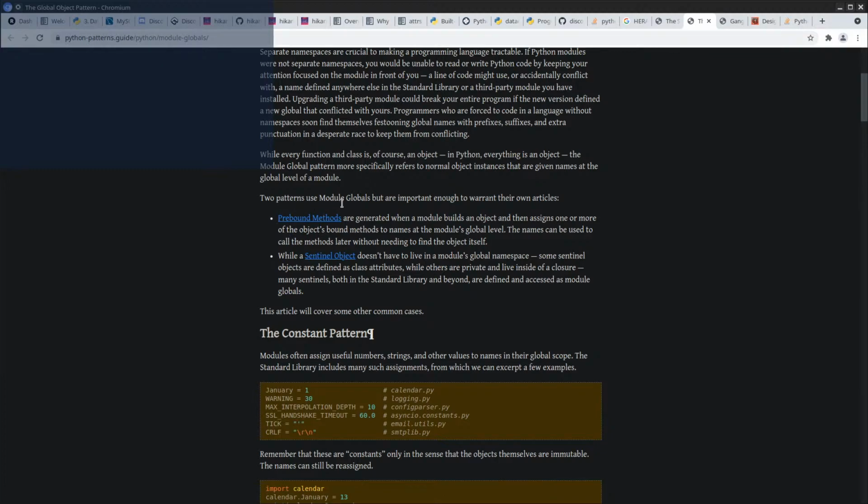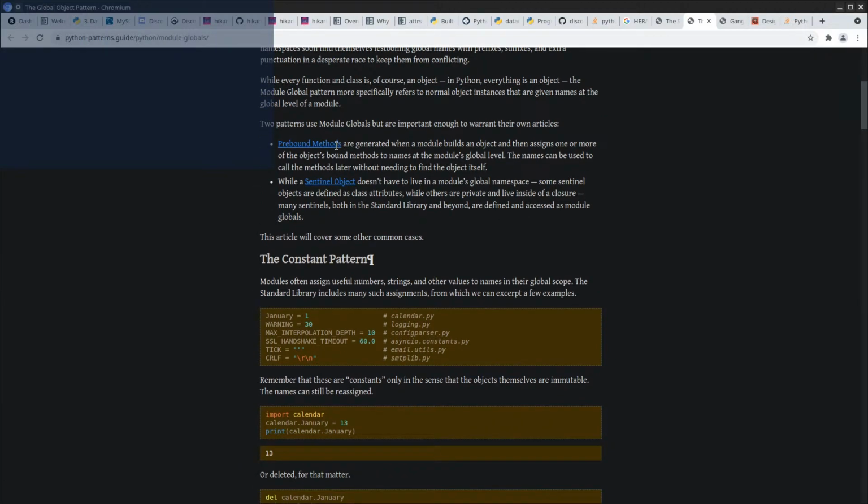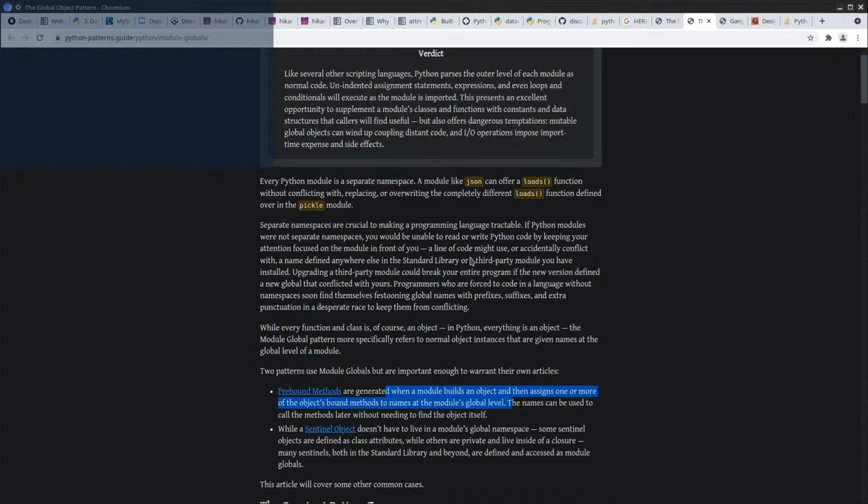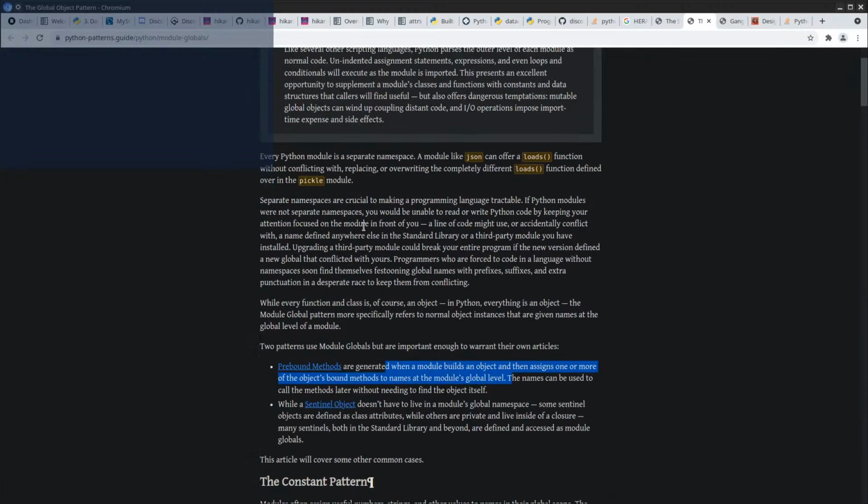Two patterns use module globals but are important enough to warrant their own articles. Rebound methods are generated when a module builds an object and then assigns one or more of the object's bound methods to names at the module's global level. This is very... So it goes from explaining how package context works and what it's saying. It's not context, it's